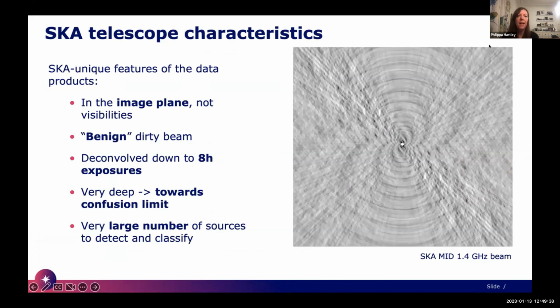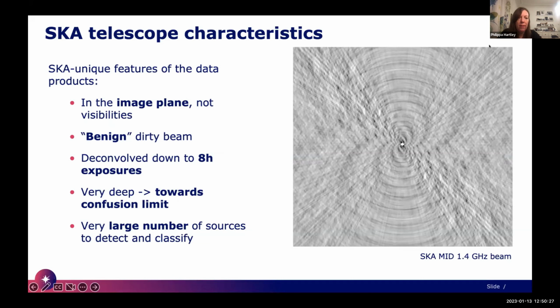I also wanted to recap on some of the other characteristics of the SKA telescopes. As I just mentioned, unlike other radio observatories, SKA will provide scientists data in the image plane rather than visibilities. One of the reasons why SKA images will be so rich and so useful is that the so-called dirty beam, which is the PSF, will be very benign. So it'll have very, very low side lobes, so you'll have fewer convolution artifacts, very long exposures, of course, and